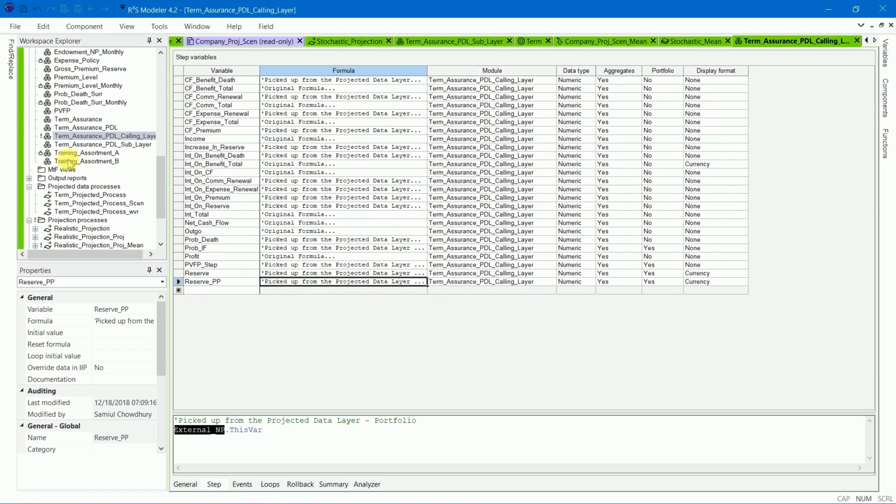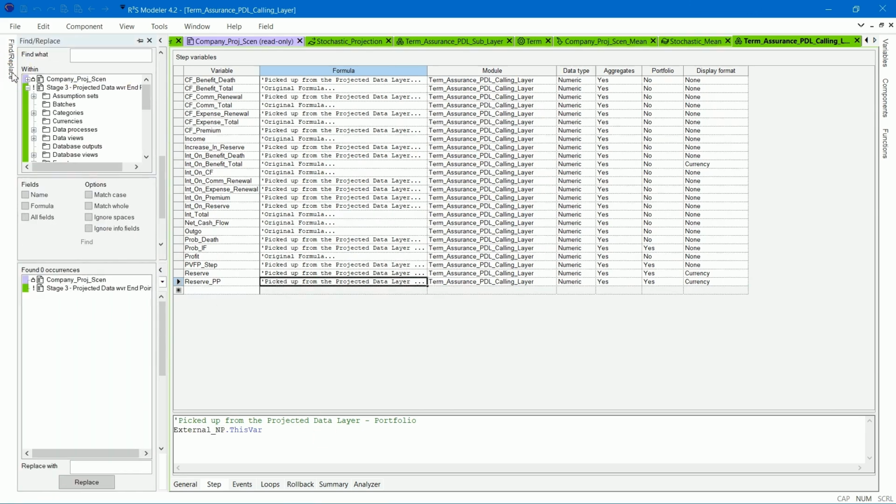Open the Find and Replace tool. In the Find What box, type external_NP. The component we are working on is Term Assurance PDL calling layer, so select that component. Under Fields, click on All Fields, then click Find.